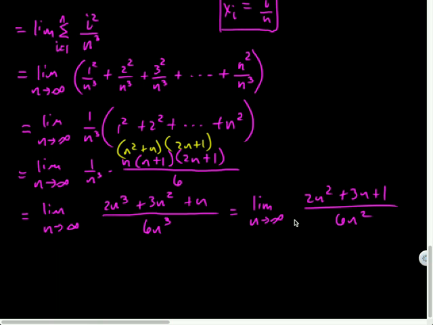Okay, so how do I take that limit? What's the trick? Divide each term by n squared, right? No, we can leave the 6. I can only write it once. This is why we're only doing one example today. So divide each term by n squared. That will be 2 plus 3 over n plus 1 over n squared, all over 6n squared divided by n squared, which is just 6. Equals